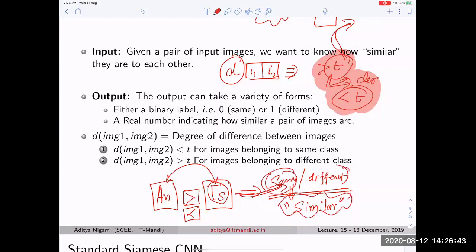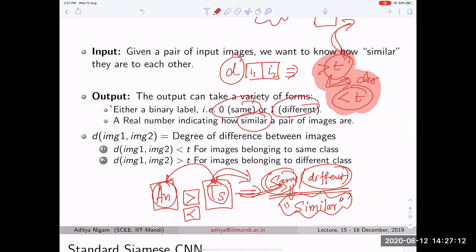Instead of saying same or different, we need to say whether they are similar or not. And when I say similar, this metric can be useful. Otherwise, I can easily tell that Anvay and Toshendra are same or different. There may be a big difference between Toshendra and Anvay, but I need to say that they are the same because the difference from other people is actually very high.